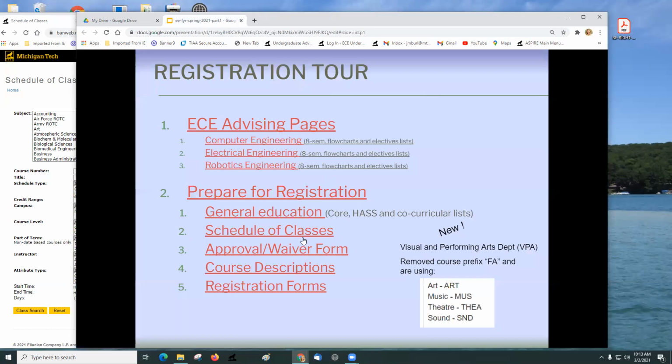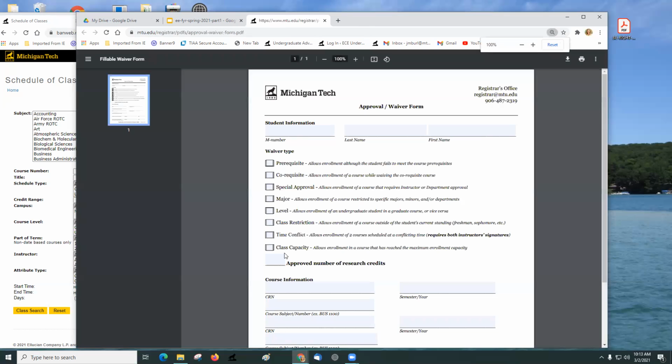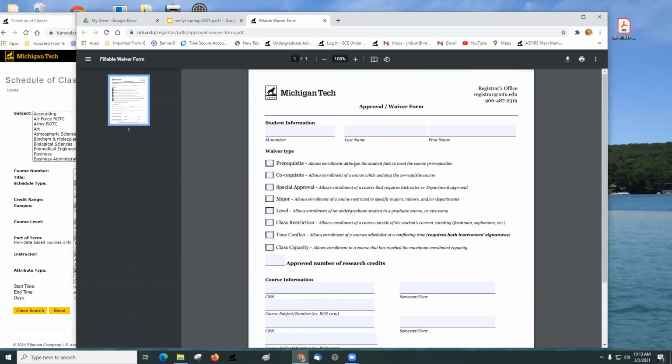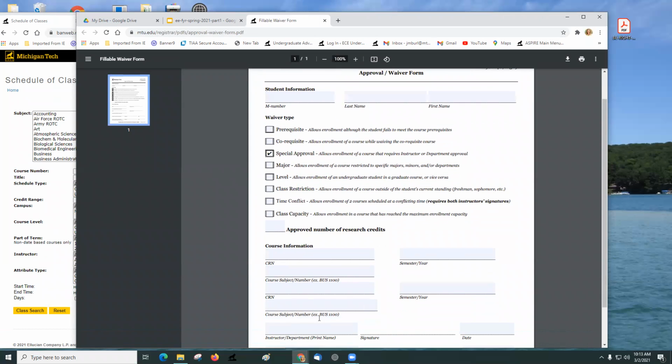What is next? The approval waiver form. This is also on the Prepare for Registration website and a link on the advising page. This is a form you will need if you get some type of a registration error that needs permission. Registering an enterprise typically takes a special approval waiver signed by the enterprise advisor, who is the instructor listed on